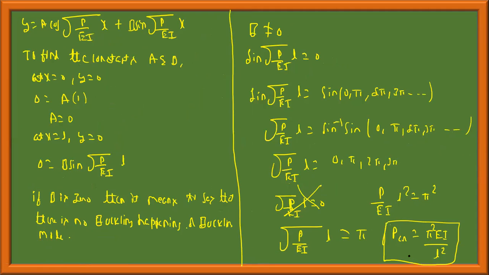Pcr is equal to pi square EI by L square. But let's stop at this point. The other three end-condition cases we'll discuss in tomorrow's and the day after tomorrow's classes, and Rankine's empirical formulation too. That completes your theory part. We'll discuss 4 or 5 problems, which should be more than sufficient from the examination point of view.